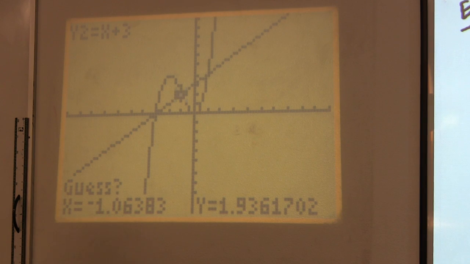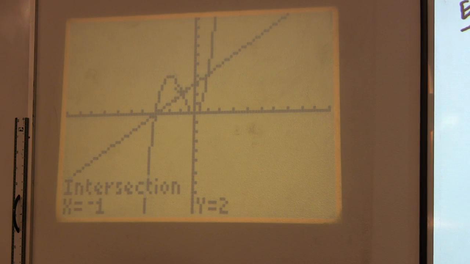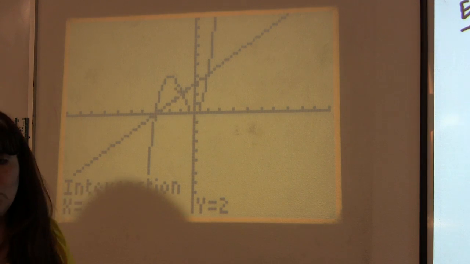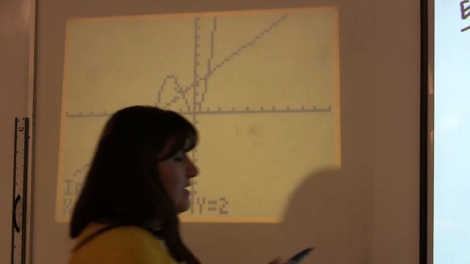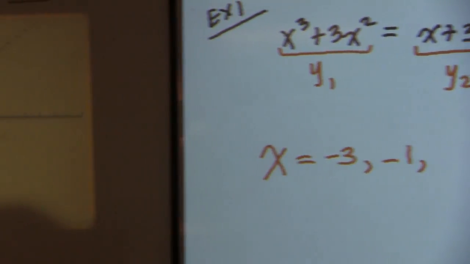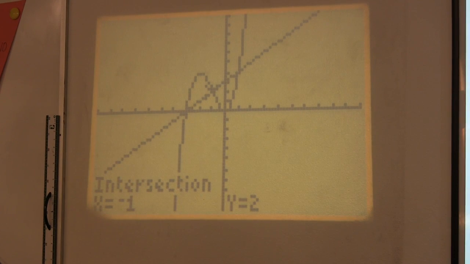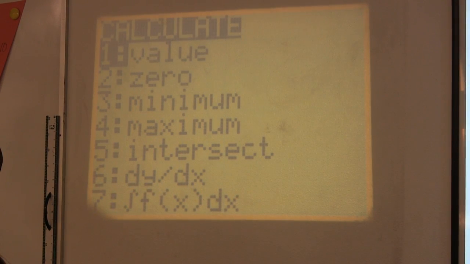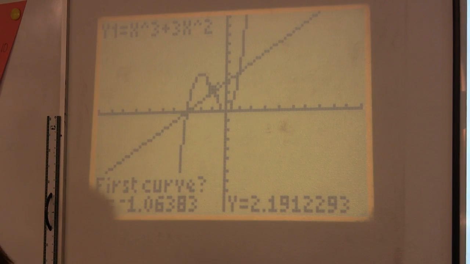And now when it says guess, hit enter again. And now it's telling me that that intersection point is -1. So we already had -3, now we're adding -1. And the last one we'll do one more time, second trace intersect,